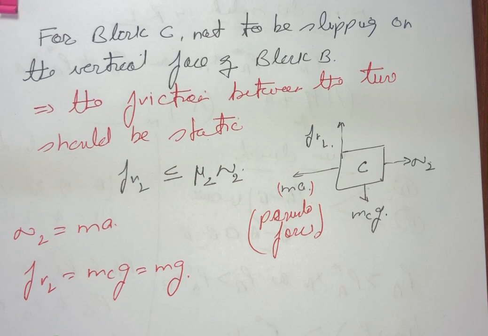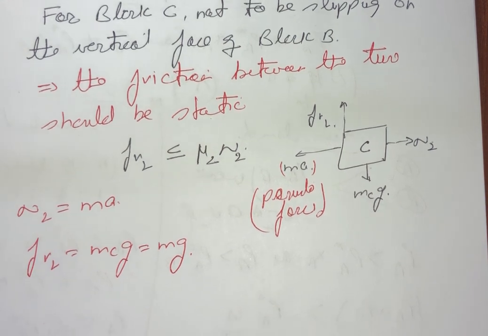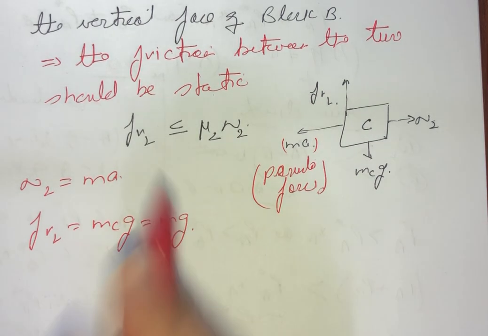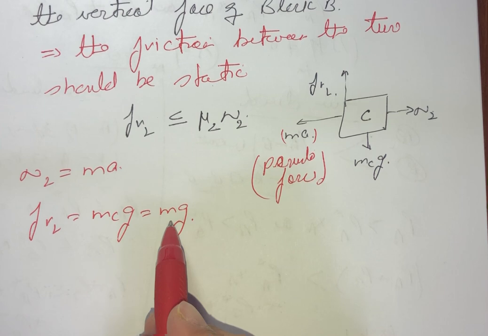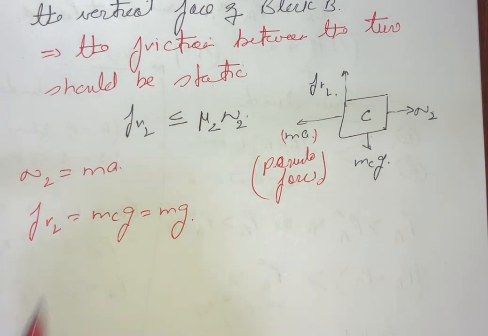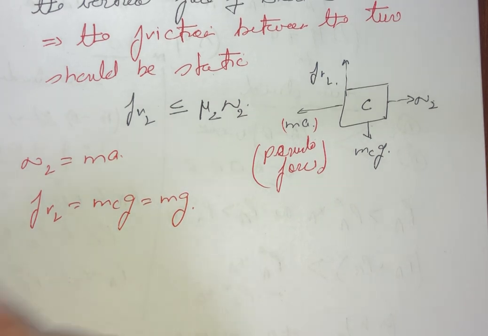Okay. So now we are going to substitute the values. FR2 is our Mg as well as FR2 is mu2 N2. Substituting value of N2, we get that FR2